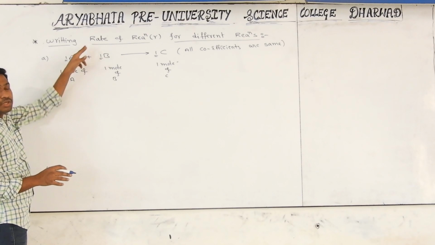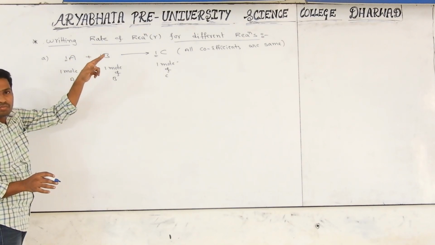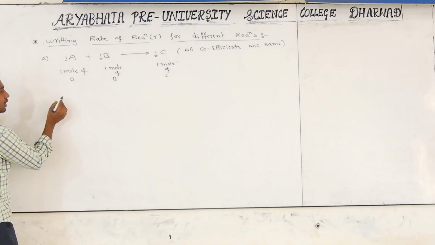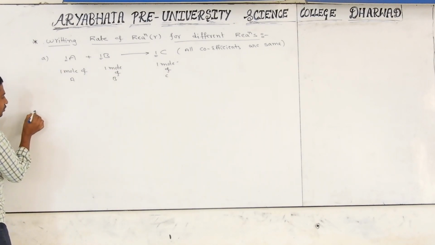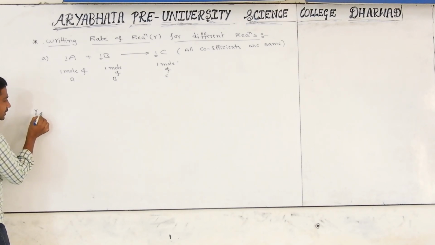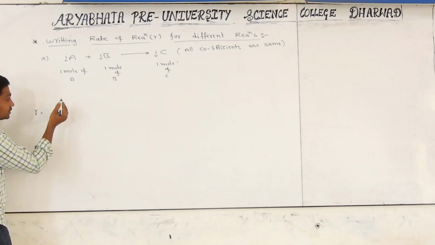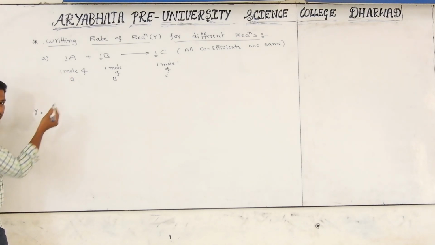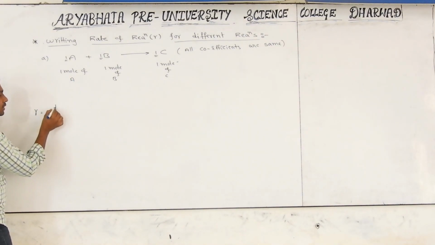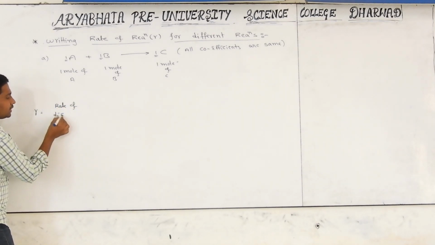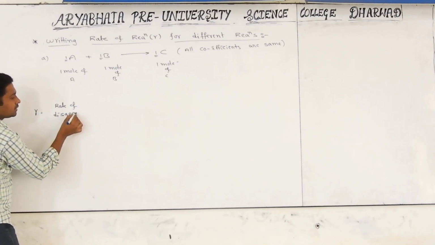Rate means the changing concentration of a chemical in a time interval. Here, the rate of reaction is the change in concentration of the reactants or products, so it is the rate of disappearance